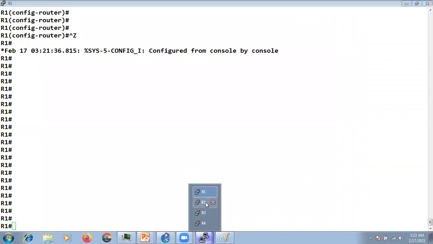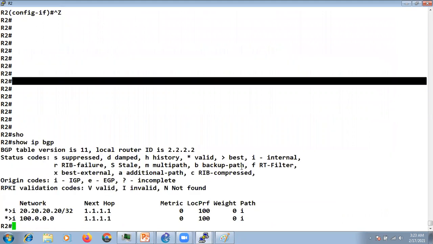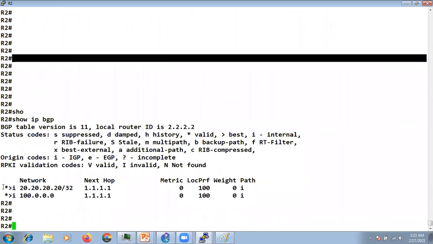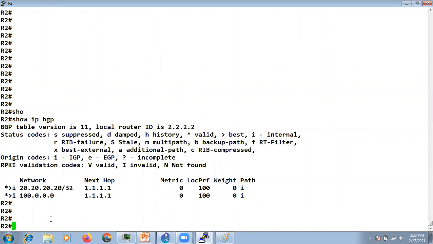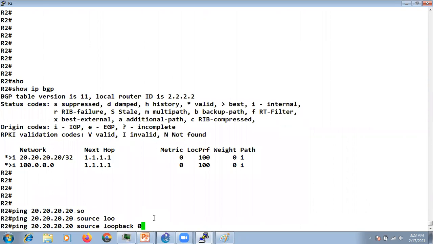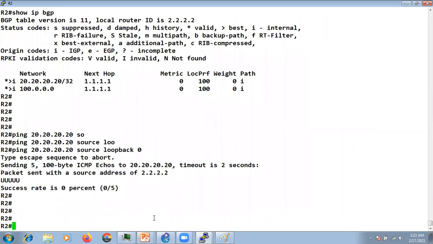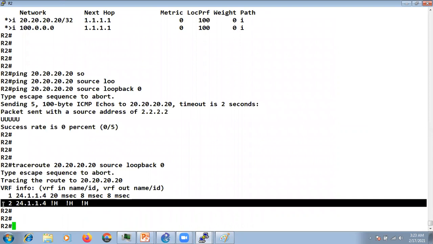Now I'm at R2. Show ip bgp. So I am receiving this route, 20.20.20.20. It's valid and it's best also. Let's try to reach it via source loopback 0. But it is showing unreachable, right? So what is happening here is R4 is saying that it does not know this route.